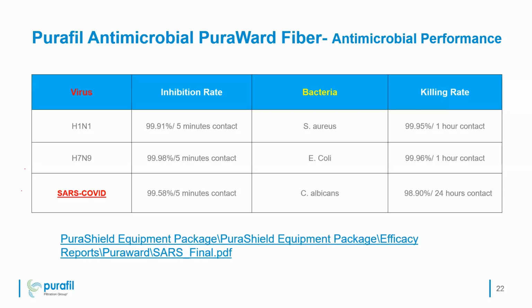So you can see the SARS-CoV. The coronavirus is not a new virus. The SARS is also a coronavirus, that is called COVID-1. The coronavirus which was found in 2019, that is again SARS coronavirus, that is called COVID-2. So both come under SARS because they both attack the respiratory system. And our chemical, our PuraWatt, is tested for these kinds of viruses, which has worked efficiently. And we have been selling this product since 2017.